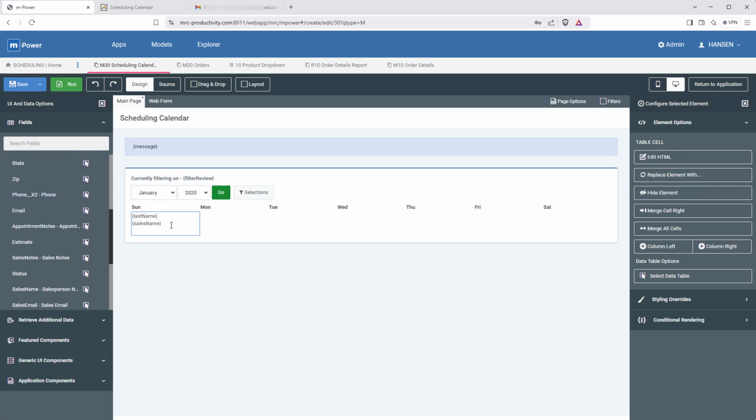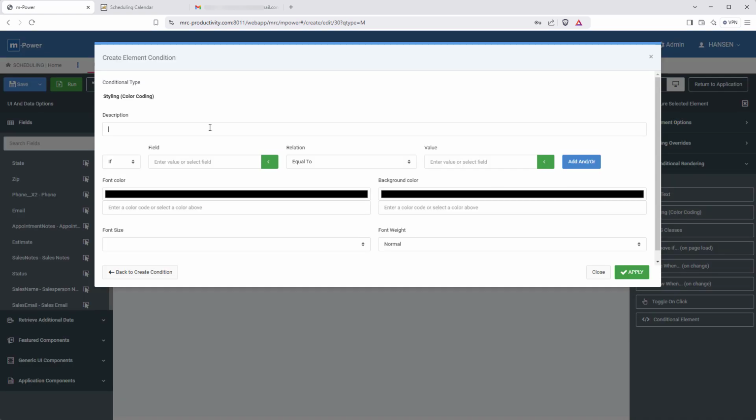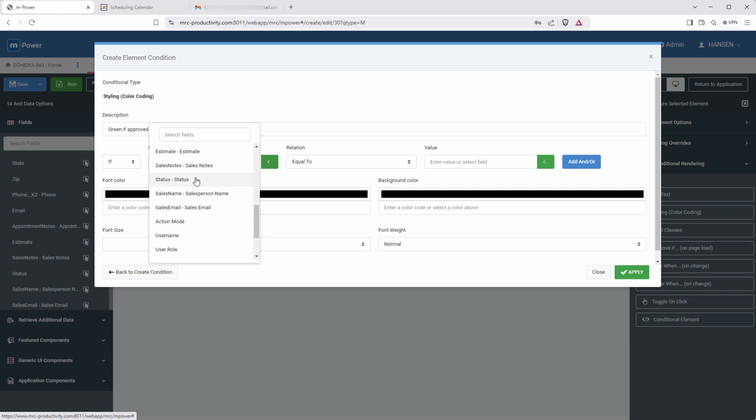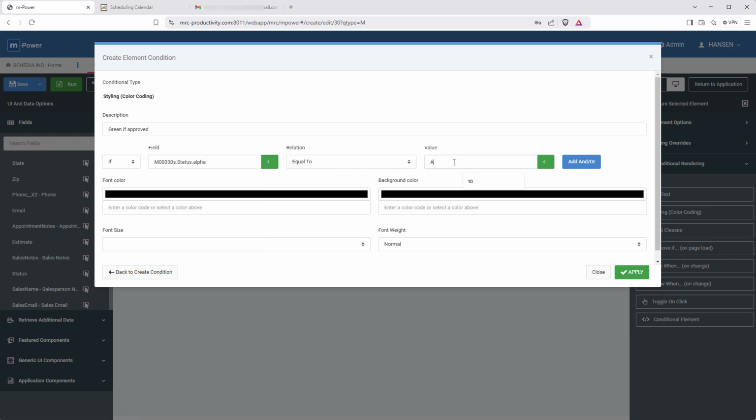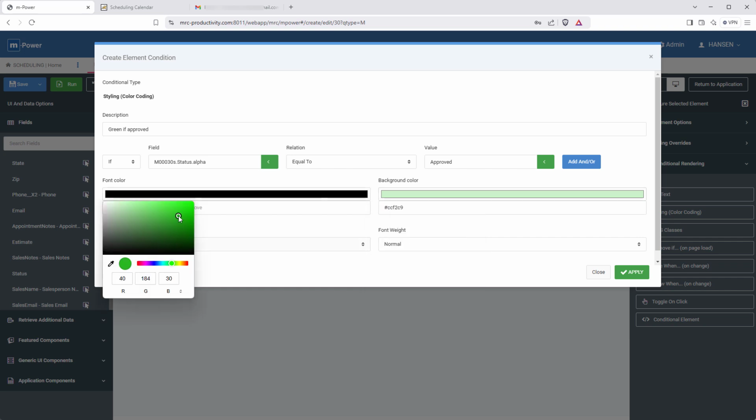Okay, that's done. But before I show you what it looks like, I want to do a couple of things first. I want to add some conditional rendering here to quickly indicate the status of each appointment. So suppose that our salesperson had an appointment and it went well. The prospect agreed to our quote. The salesperson will update the status to approved, and if it's approved, then I want to have a green background for this calendar entry. And that way, anyone who's looking at the calendar can see a green entry and know this is an approved deal.